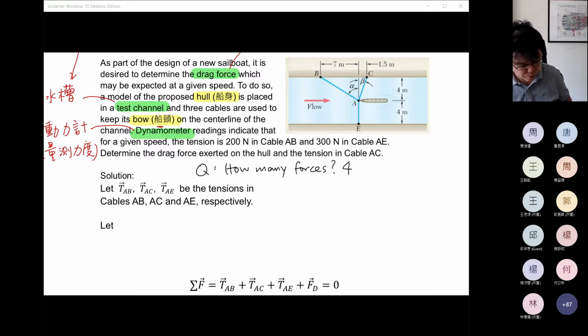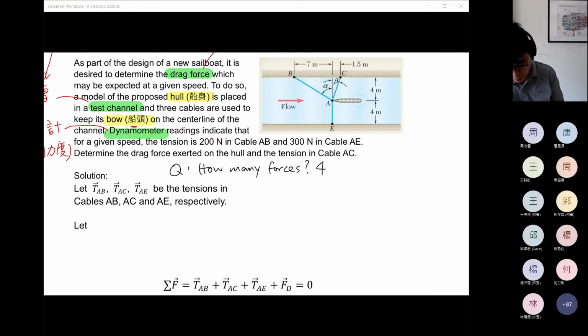Do we have some forces missing? If you think so, you can say it or you can type it in the box. Gravity and buoyancy. Okay, good. You mentioned these 2 forces, and I think we don't need to consider these forces because